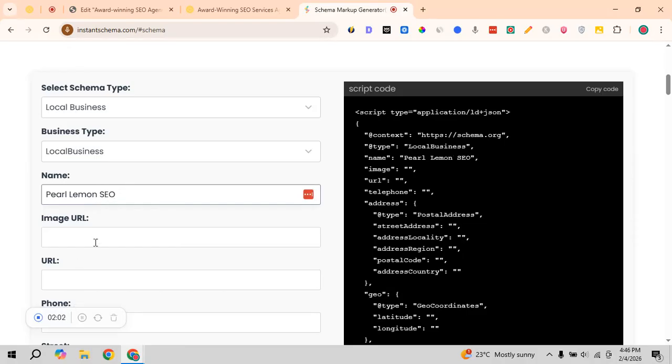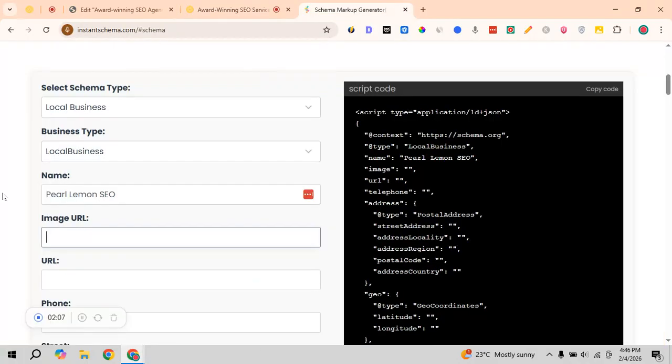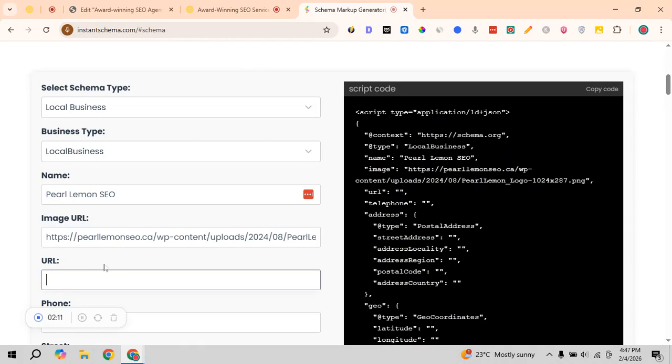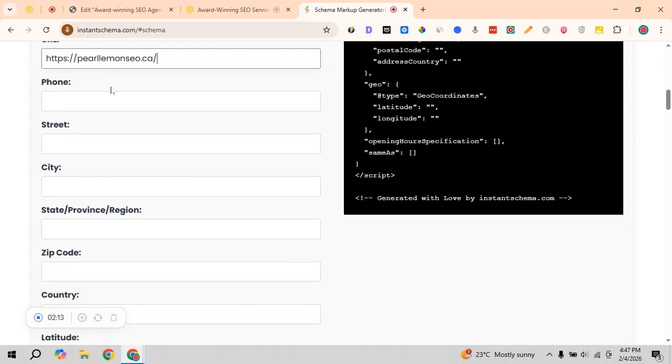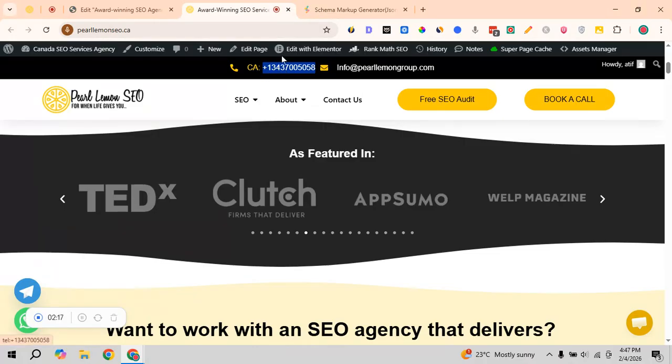And then here we can add the details like what is the name of our business. Then we need to add the image URL. I'm gonna place the link of our logo here, and then the link of our website over here in the URL part. Then we can paste the phone number over here. So I can copy that from here,